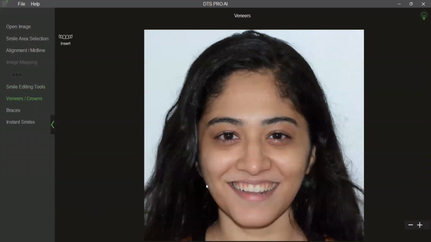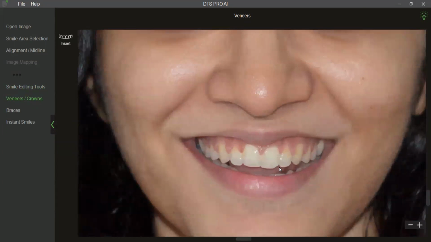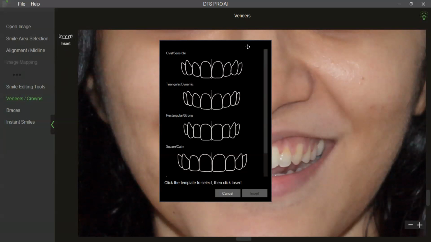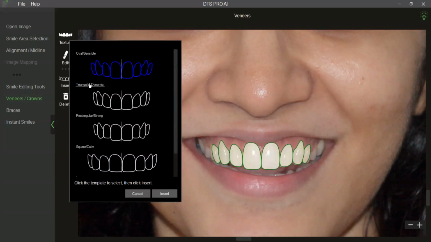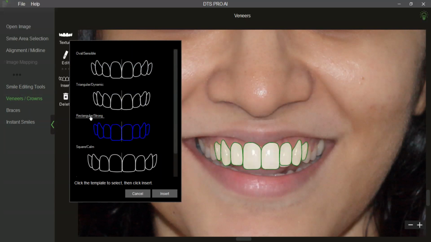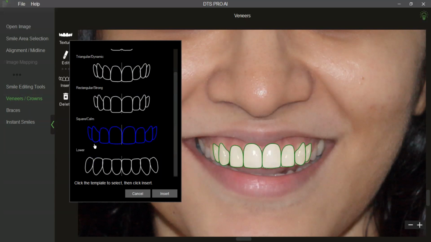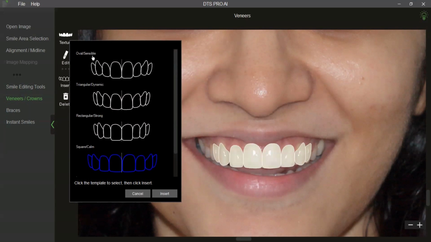So instant smiles typically will help us for the initial patient motivational mock-up. So we just choose an image, overlay it on the patient's teeth, get them excited for treatment. Whereas once you want to go into detailed treatment planning, I come to the veneer section and plan the treatment, and even I can communicate the same with my lab. So I can just navigate on the name of the veneers. These are the basic shapes. Of course, we can edit them, and I can upload the lower teeth as well. For now, we shall go ahead and just do the upper arch.